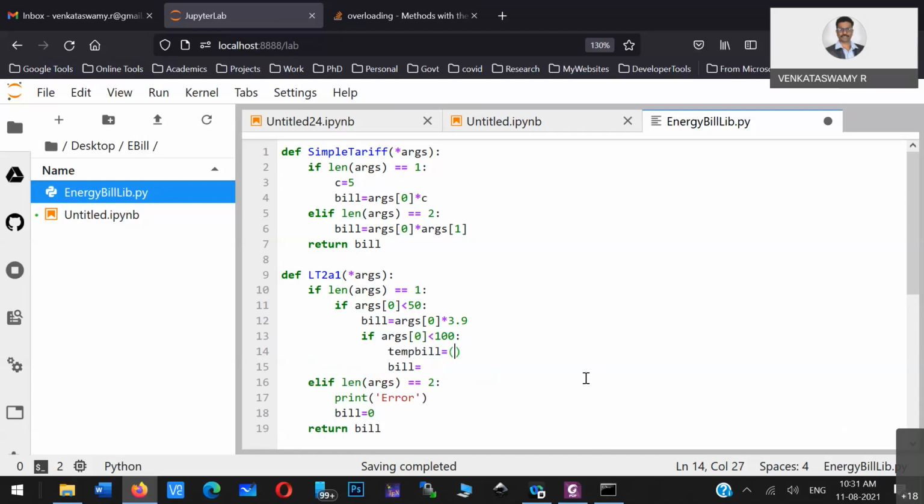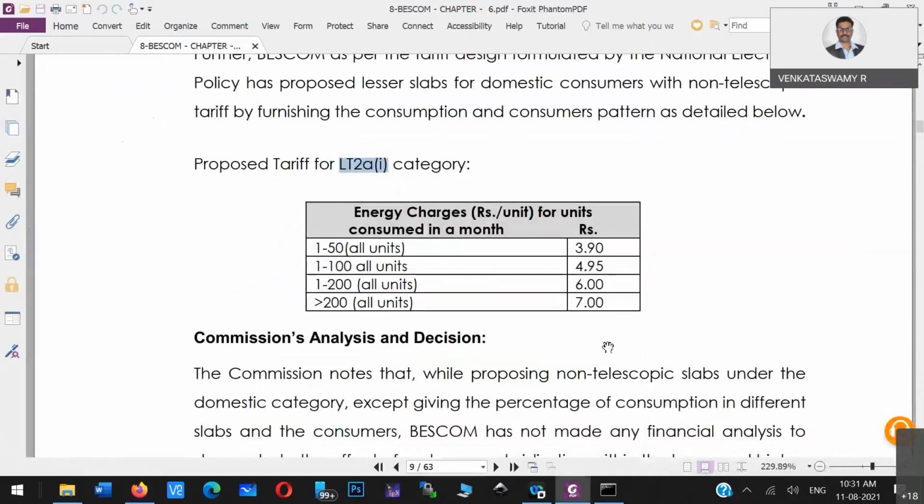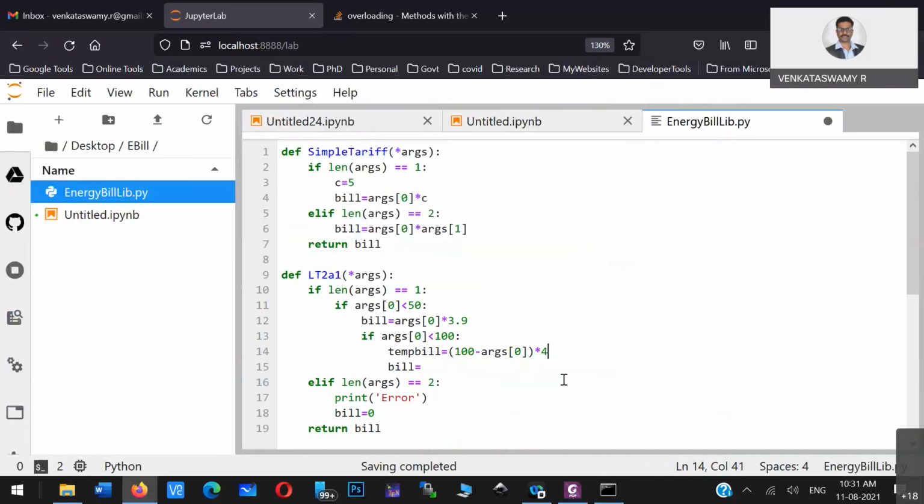the argument. So if it is less than 100, then 100 minus the number of units. That is the total number of units exceeded 50 but below 100, and that should be multiplied with 4.95.